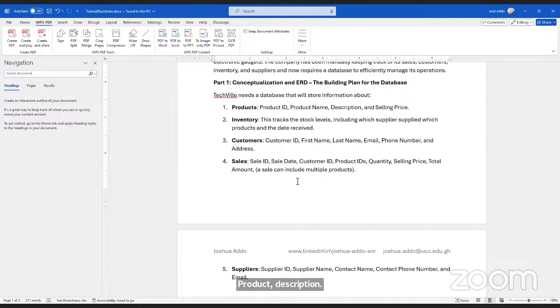Sometimes you can have a category if you have subcategories within the product. Maybe you are dealing in electronics and you have laptops, desktops, pen drives, so you might want to show these categories. You can have a category attribute and a selling price. The basic idea is that we're supposed to have standing data on the things we sell with the following attributes: product ID, product name, description, category, selling price.